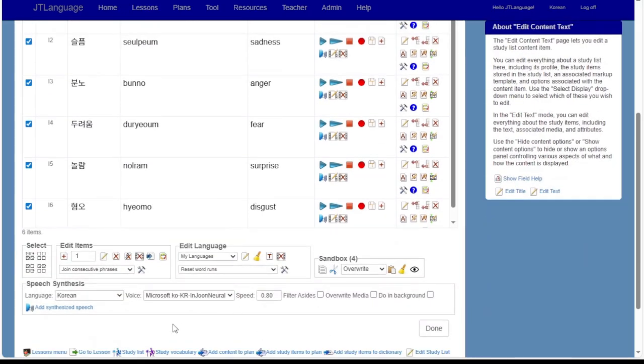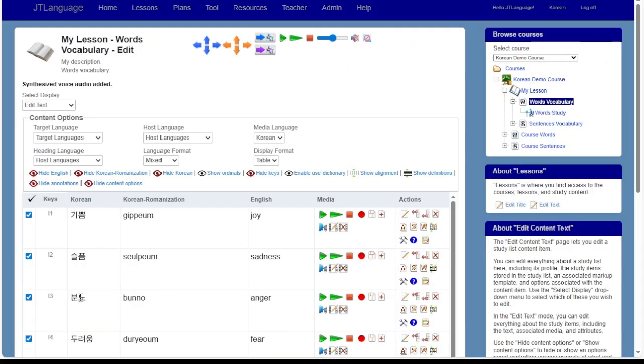I don't know why that's clicked, but then just hit add synthesized speech. And the button's now changed to a green button. So I have the audio associated with the lesson. 기쁨, 슬픔,